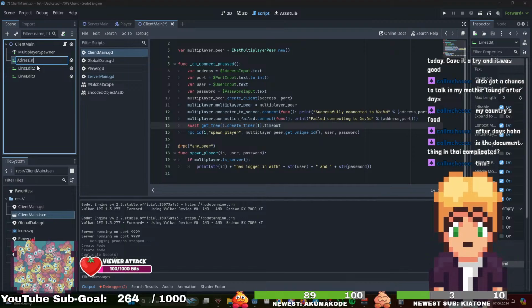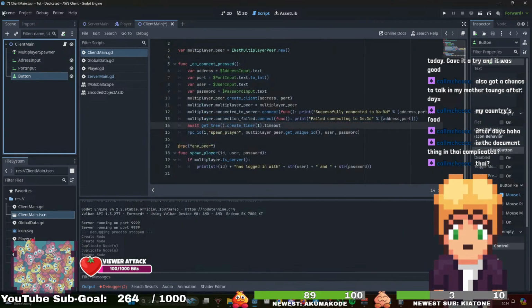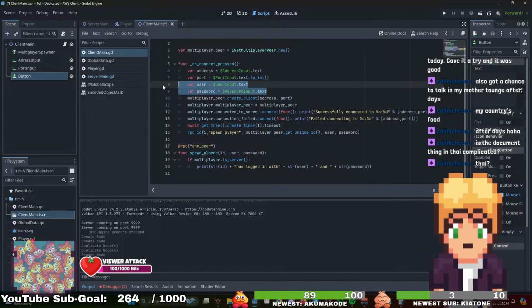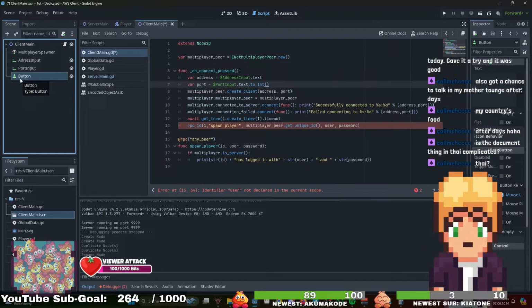Address input, port input. I'll not keep this one, and also a button for now, and this I'll delete, and this button I will